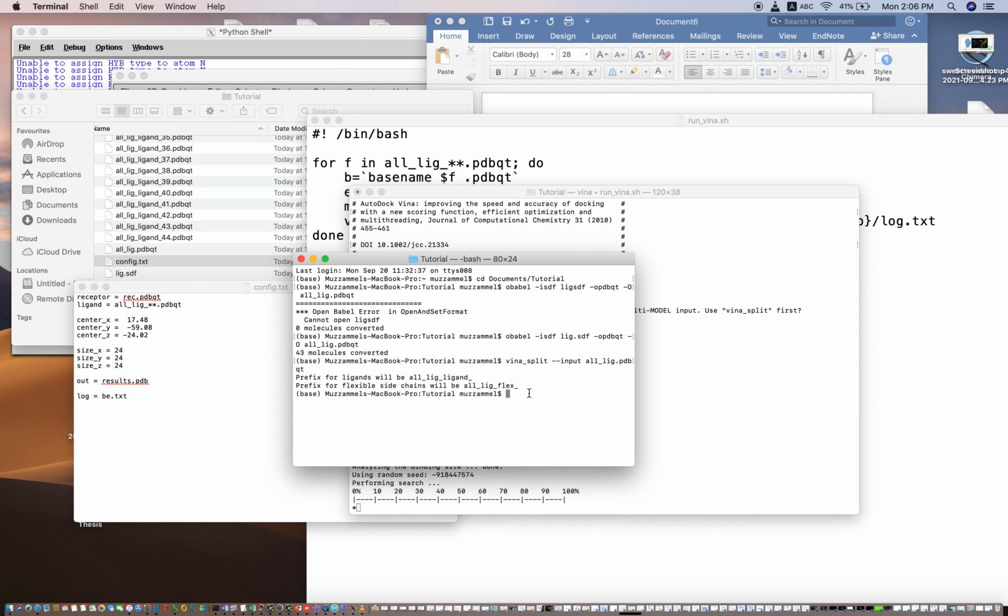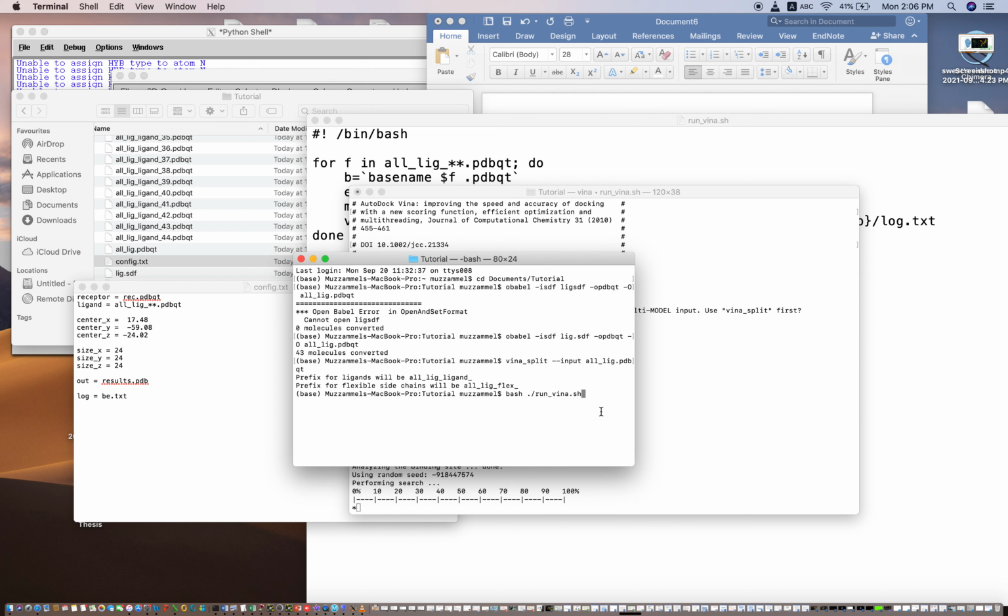So this is the last step to dock the multiple ligands. So I'll use this command. Sometimes this bash is not required, but in my case this bash is required. So I put the bash command, then space, then this command.